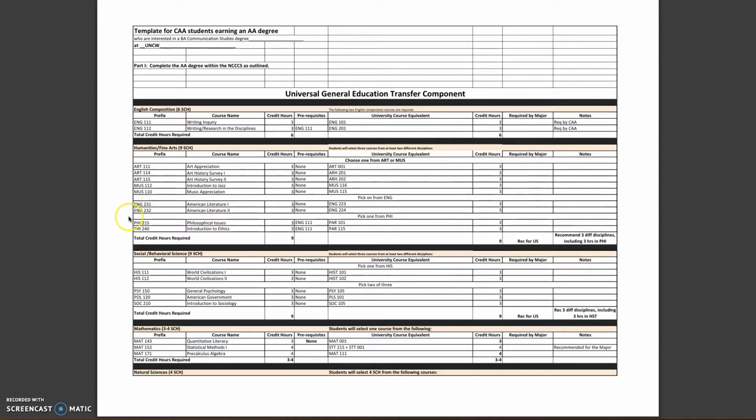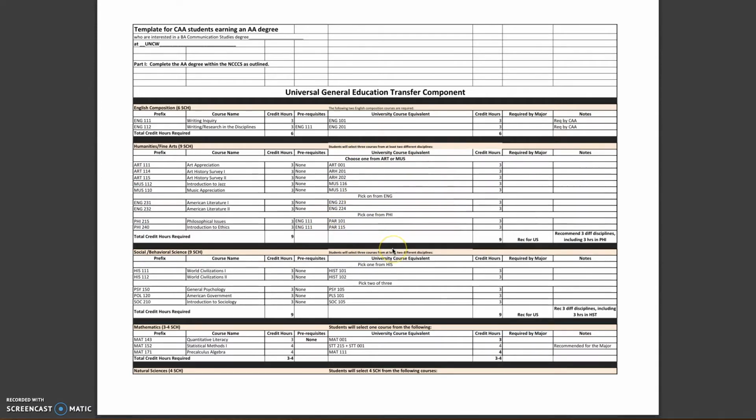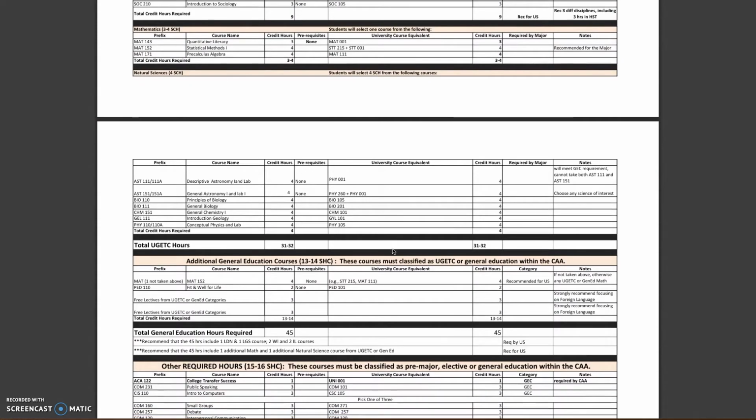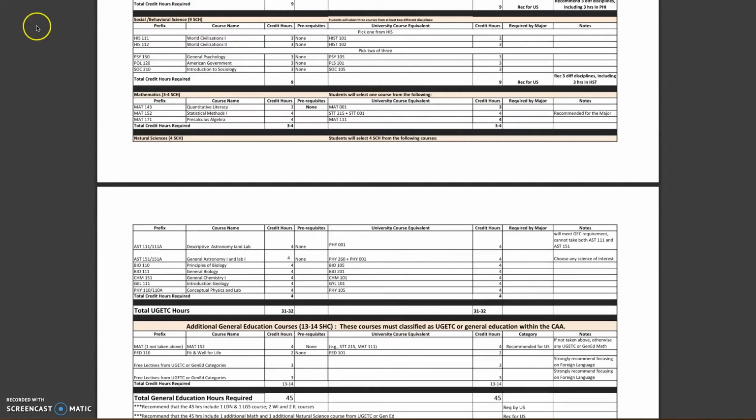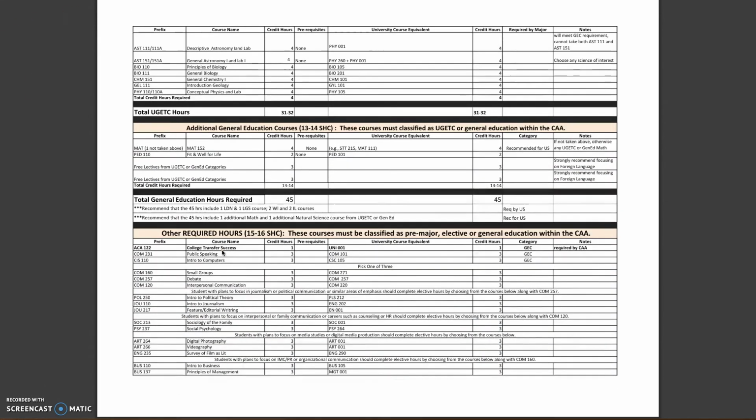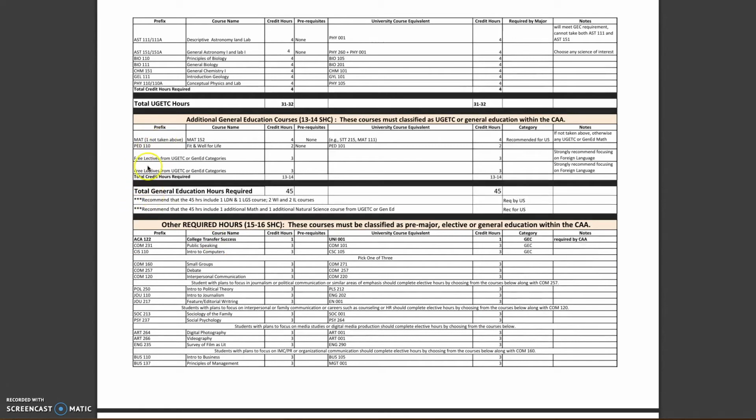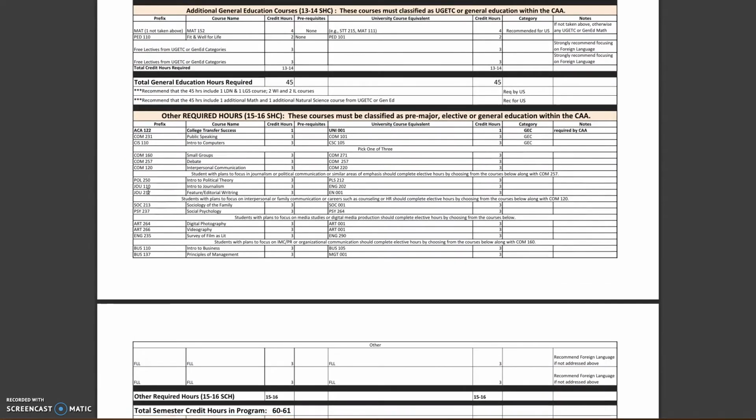But then within the humanities and fine arts, while the actual curriculum says it doesn't matter which 9 hours you would do, they say that they would like you to take one from art or music, one from English, and one from philosophy. This is the course at the community college over on the far left-hand side. This is what it counts as at UNCW. And then it also gives you some, after it goes through all the UGETC courses that are certainly very important,